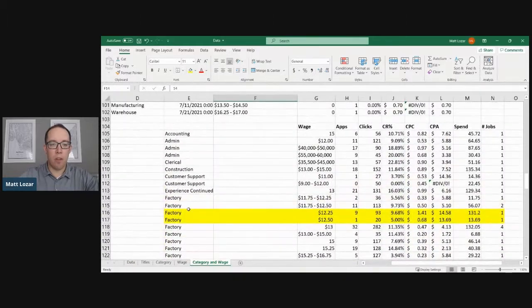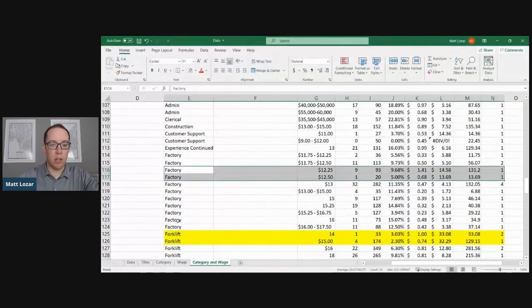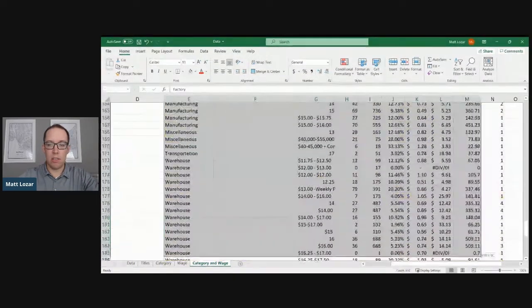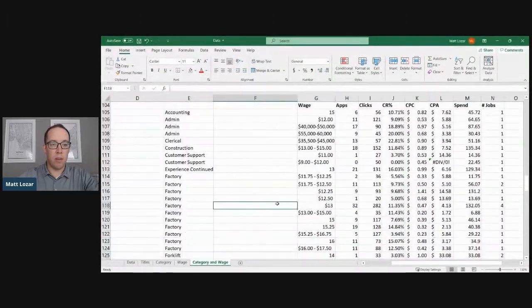And factory, for example, this here had a big difference. Might have lost some of my data here as we adjusted some of our spreadsheet earlier, but let's update it here real quickly. The beauty of live TV. But let's look at wages for factory and start to look at this client where they had a lot